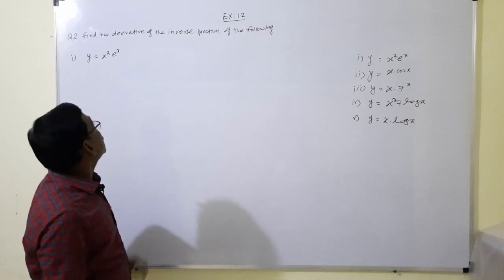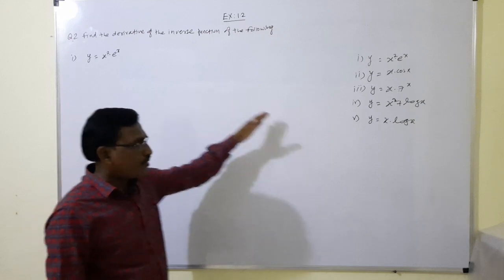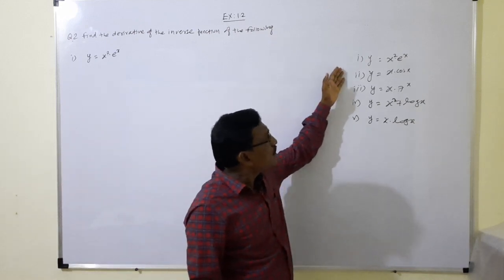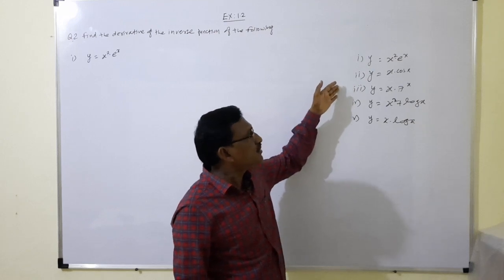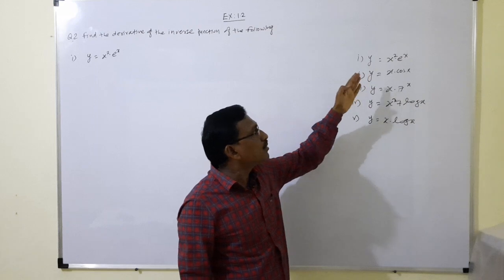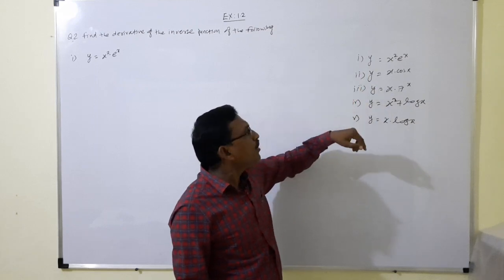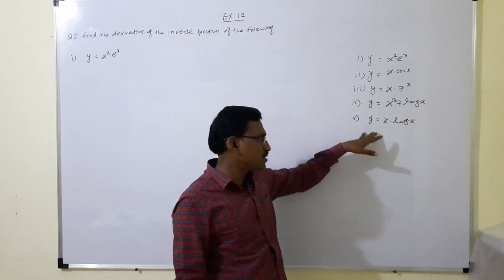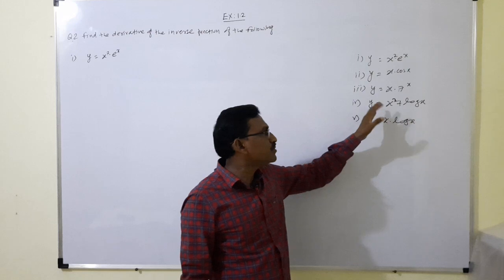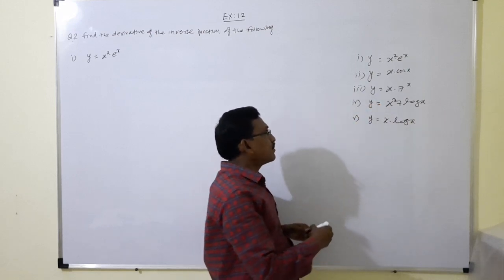Now we take the second question of this exercise. In the second question there are 5 examples. The first 3 examples are similar. Here we have to use the u into v rule for the derivative. Also in the fifth example we use the u into v rule, and in the fourth example we use the first rule, u plus v. That's why we take example number first